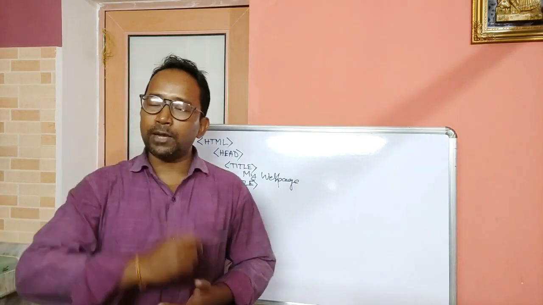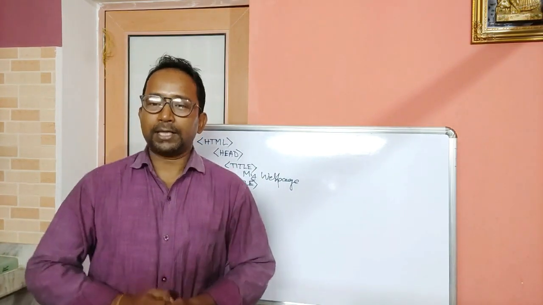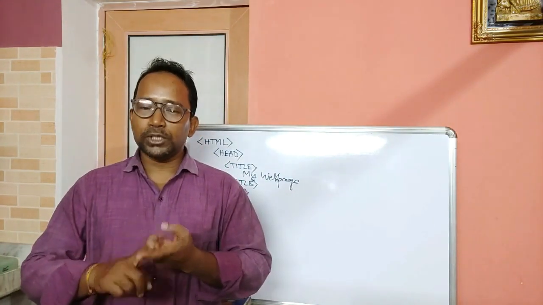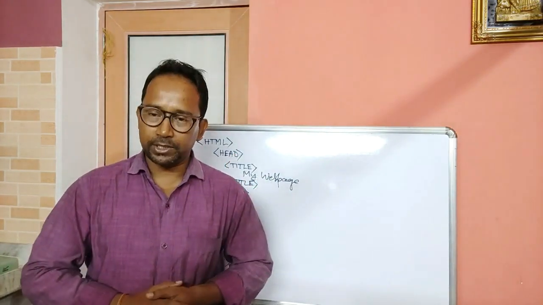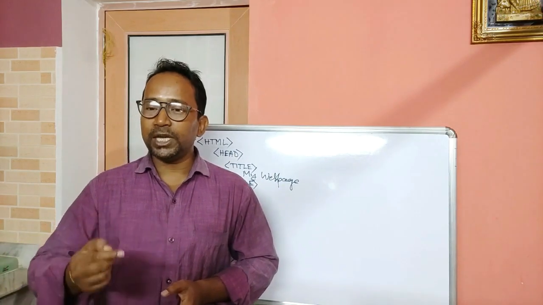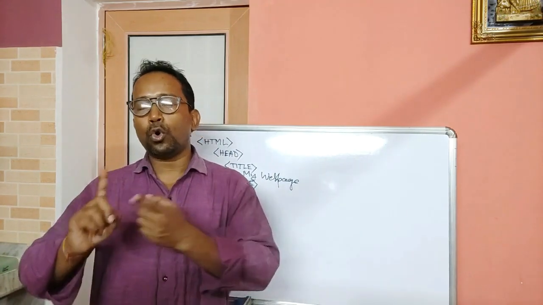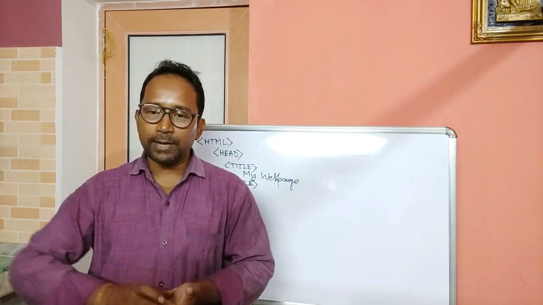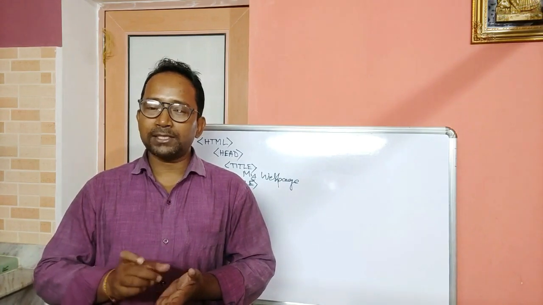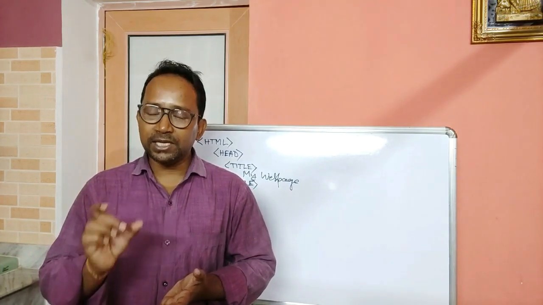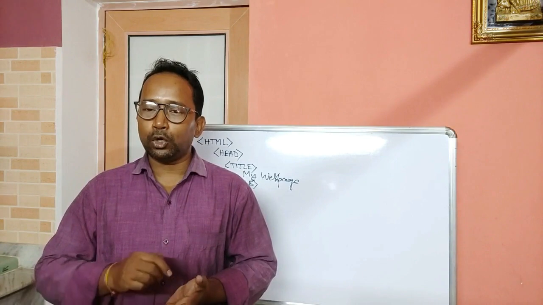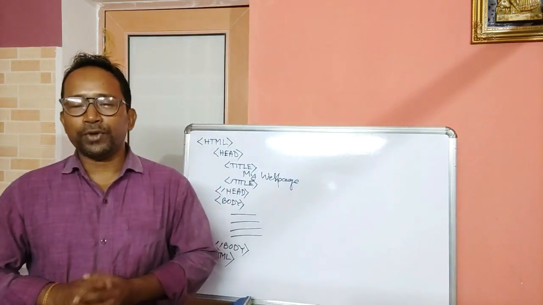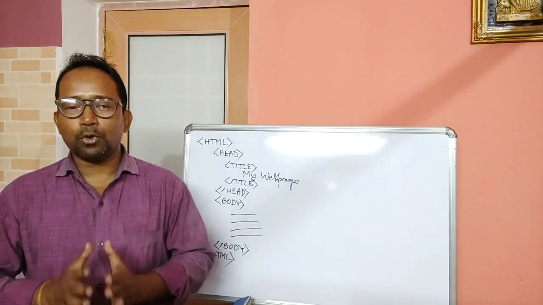Now after that you have to save your file. How will we save your file? At the time of saving, when the Save As dialog box comes, there you have to select the location where you will save your web page. Then the next step is you have to change the default file type to all file types. By default it will take the text type, but you have to change this default file type to all types in Save as type. Then you have to provide the file name, meaning the HTML file name, which must end with either .htm or .html extension, because the HTML web page extension is .htm or .html.